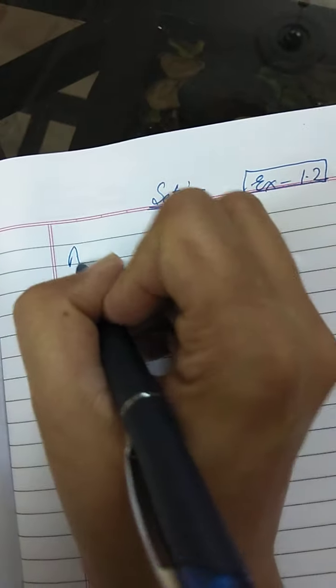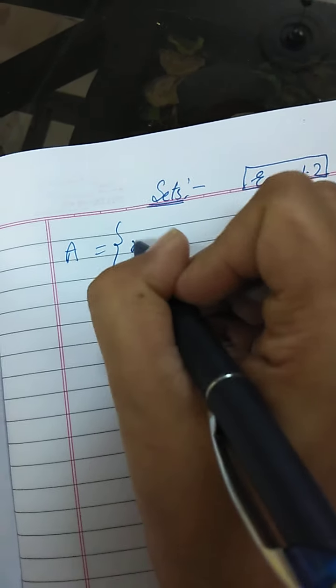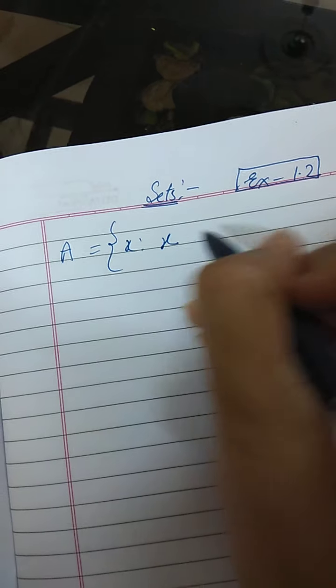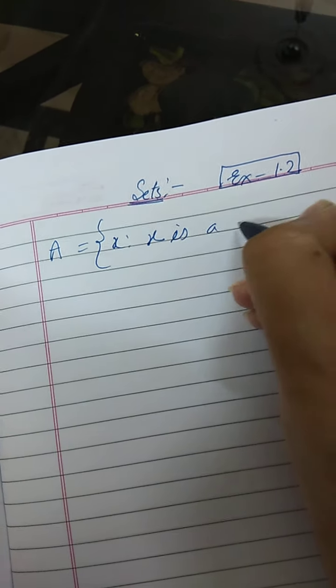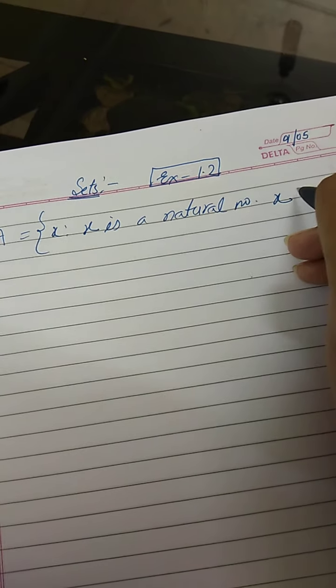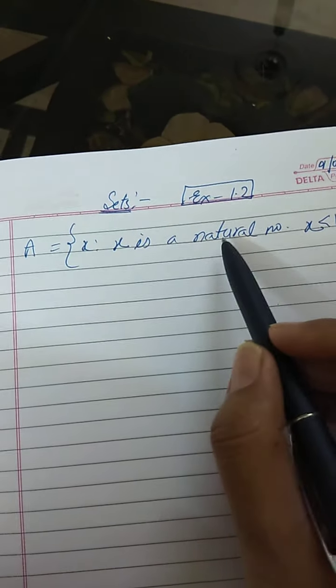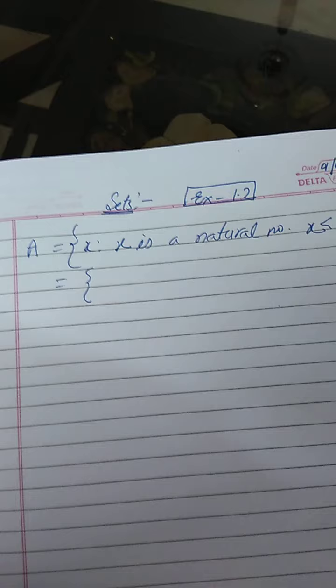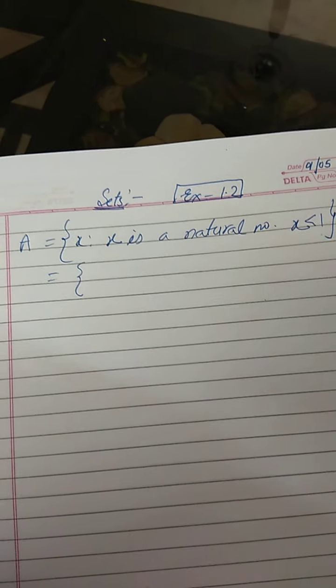So now let us move to the next topic. We will be learning a few types of sets here. The first set, let me take one simple example. I am writing a set A such that all x, where x is a natural number, right, and x is less than 1. That means I want to write down all the natural numbers which are less than 1.